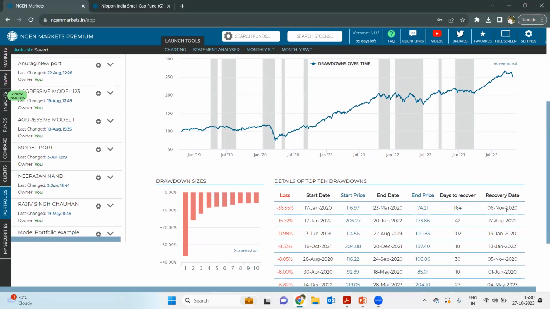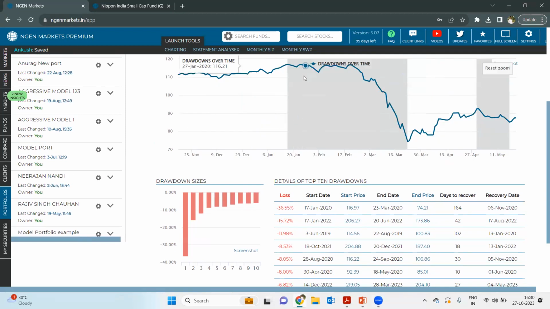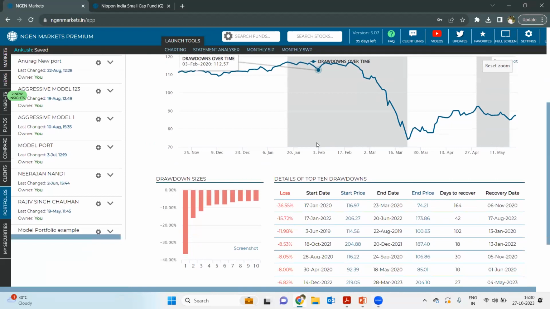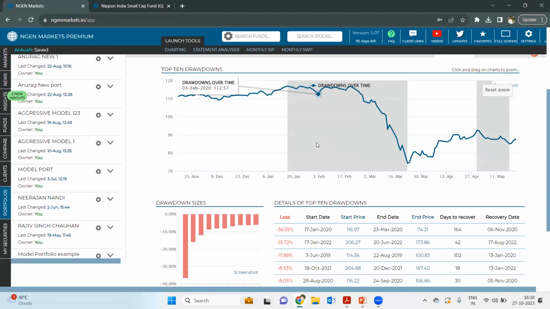So when you choose that time frame, you can drag this specific time to see the loss periods and how it is performing, and you can check them out in this specific format as well. And this will actually help you understand the strength of the fund that you will be suggesting to the clients